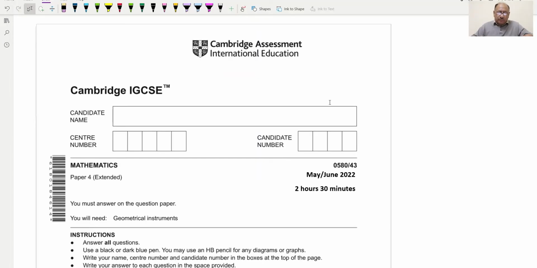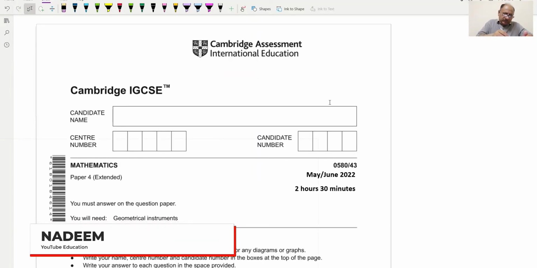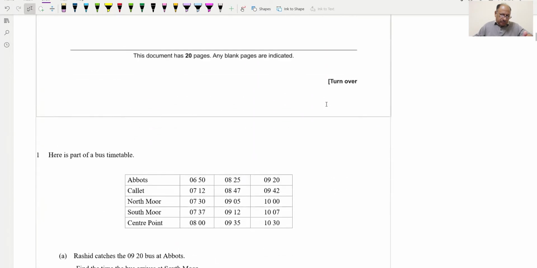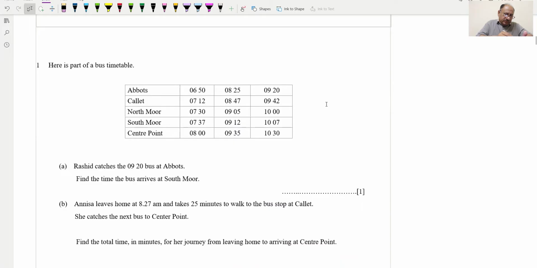Hello everyone. Today we'll be going through IGCSE Cambridge Mathematics Paper 4 Extended, 0580/43, May/June 2022. Let us move to question number 1, and question number 1 says here is part of